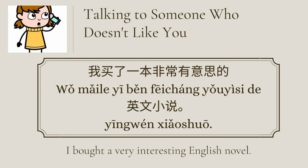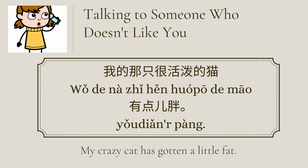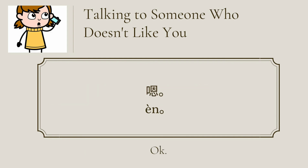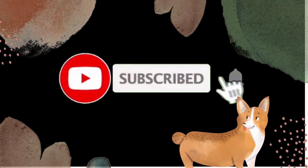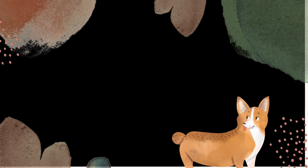我买了一本非常有意思的英文小说。我的那只很活泼的猫有点胖。我有一条很贵的丝绸围巾。你怎么不说话？我困了，晚安。